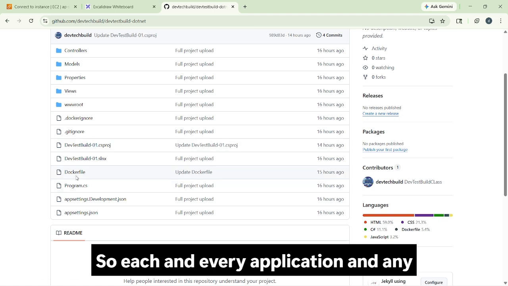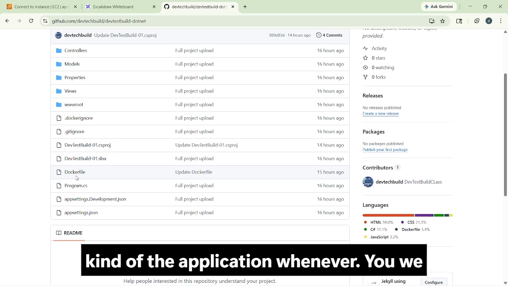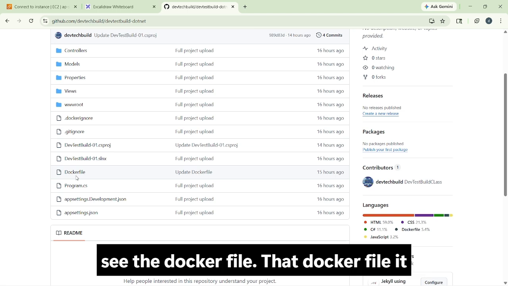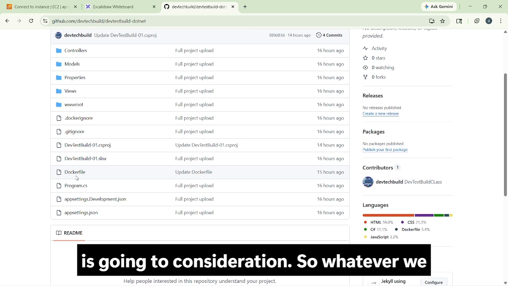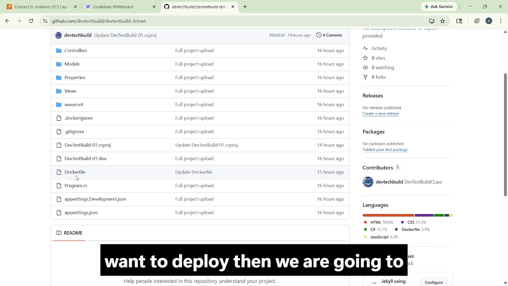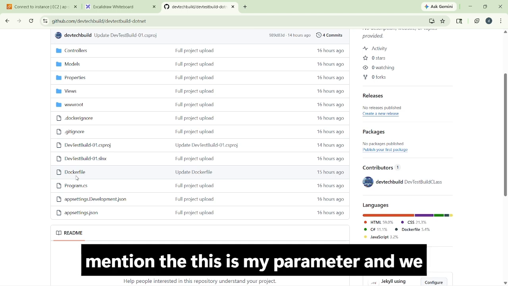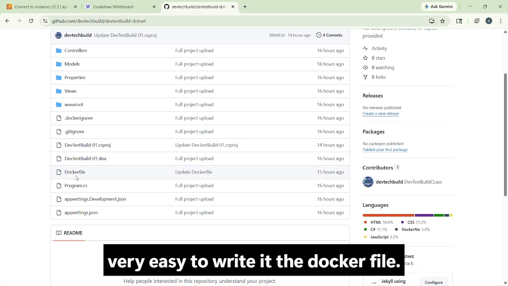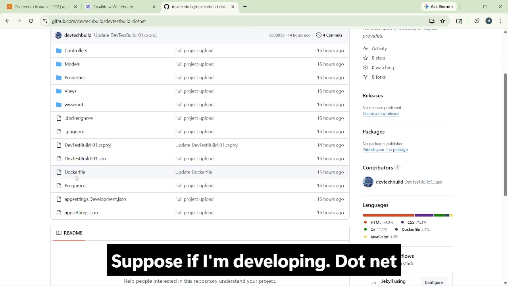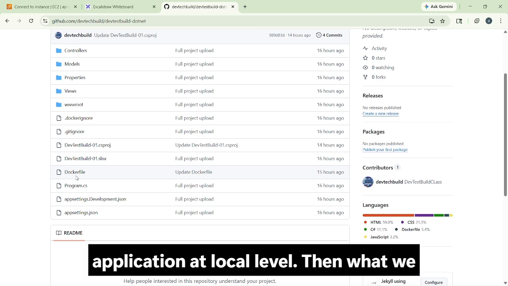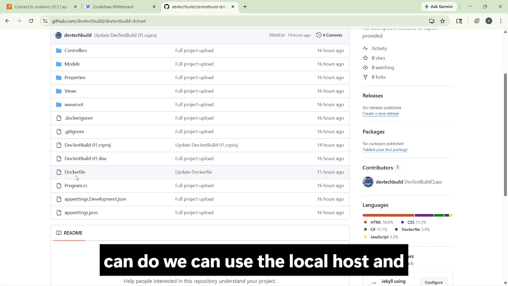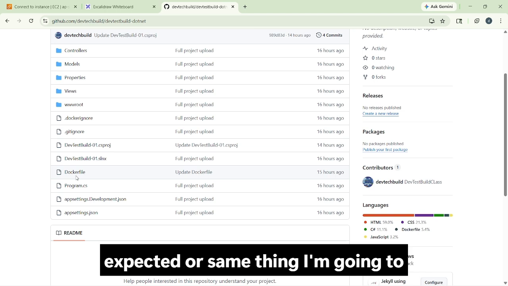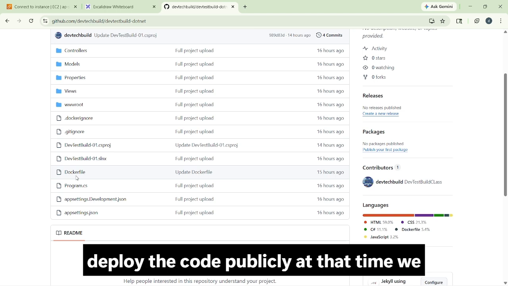For each and every application, any kind of application, whenever we develop it, you can see the Docker file. That Docker file is taken into consideration. Whatever we want to deploy, we mention the parameters and give some instructions. So it is very easy to write the Docker file. Suppose I'm developing the .NET application at local level, then we can use localhost and deploy our code. It works as expected. Or if I'm going to deploy the code publicly,